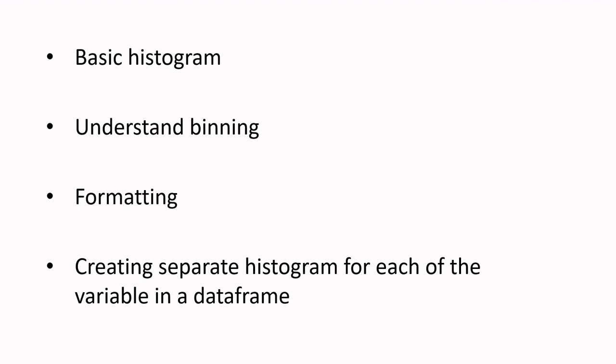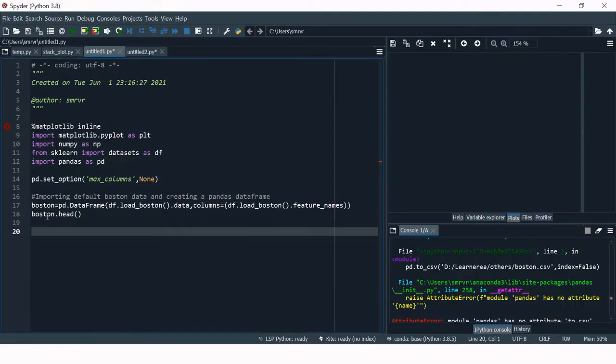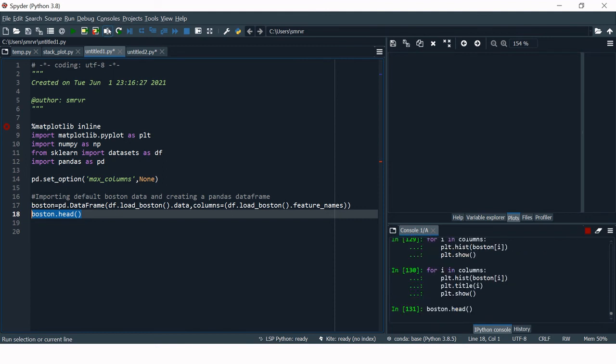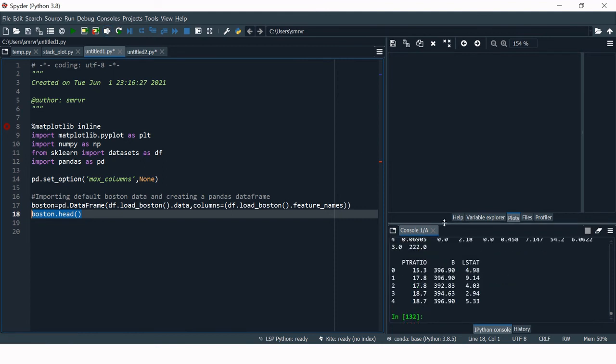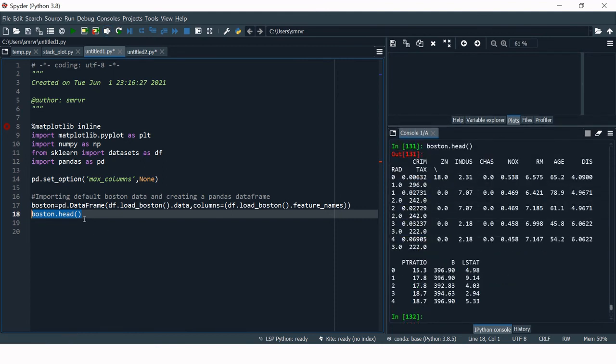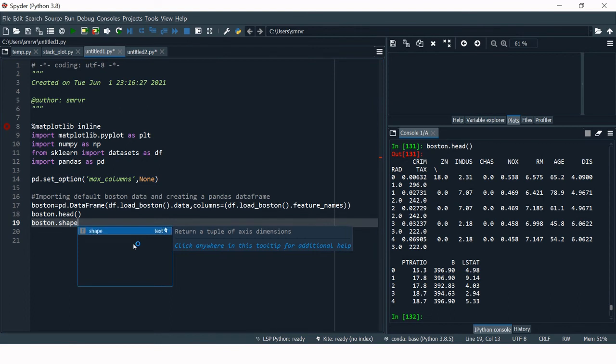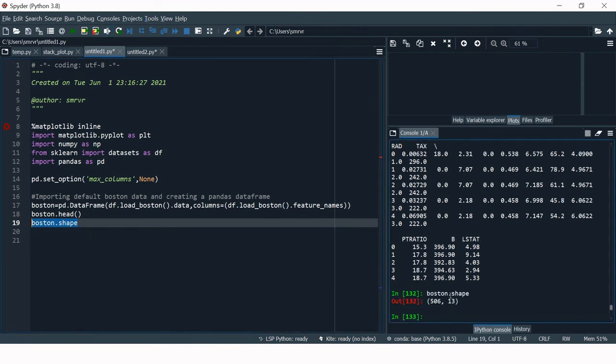Let's start with the basic one. So here we have Boston data, and let's see what the shape of this data is. This Boston data has 506 observations, that means rows, and 13 columns.